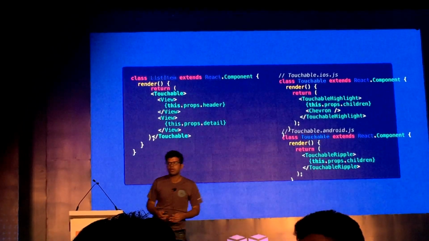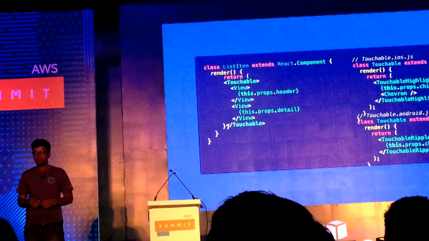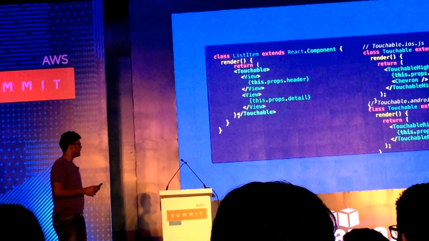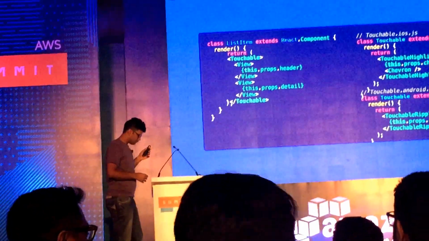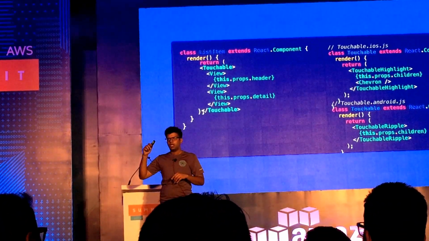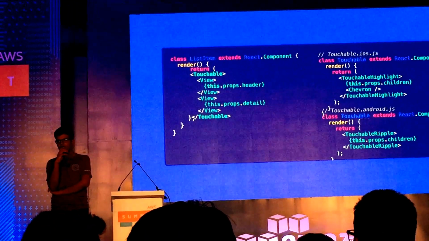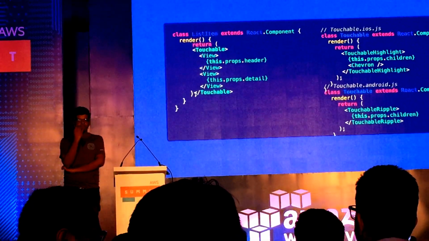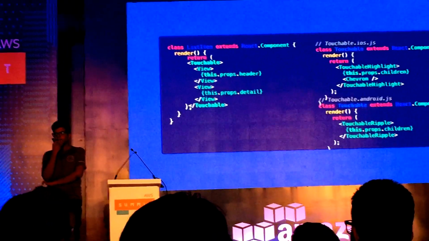When Google releases some new features and updates for Android Java, how quickly do we get to see those changes in React Native? Can you please repeat the question? I said Google releases some new features and updates for Android. How quickly do we get to use those features with React?